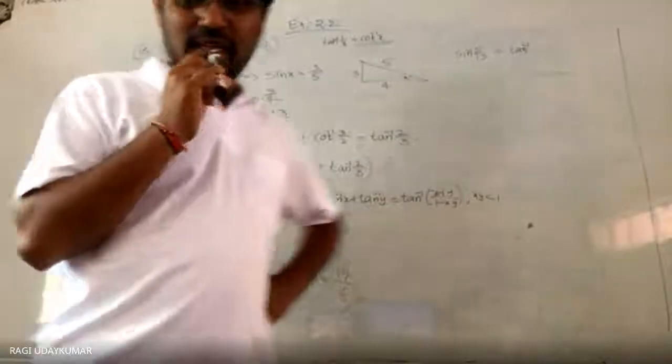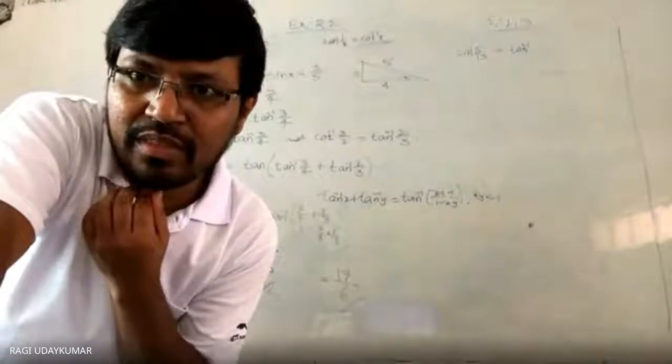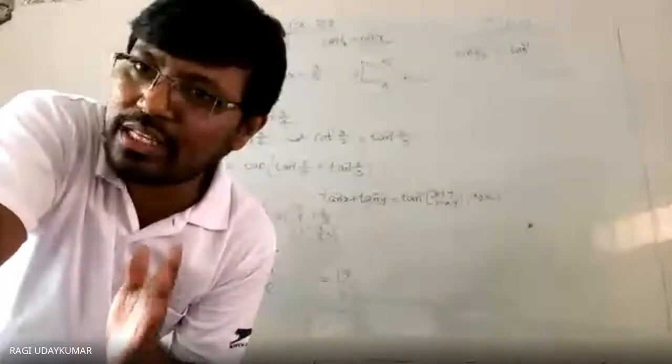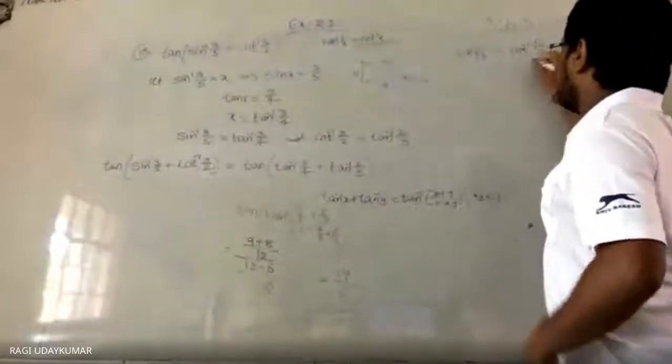You're solving it, yeah, you're doing the Pythagorean triplet only. 169 minus 25 root. 5, 12, 13 is a Pythagorean triplet. 12 square is 144, 144 plus 25. Then it will be 5 by 12. 5 by 12 you are going to get. Yes, tan inverse of 5 by 12.